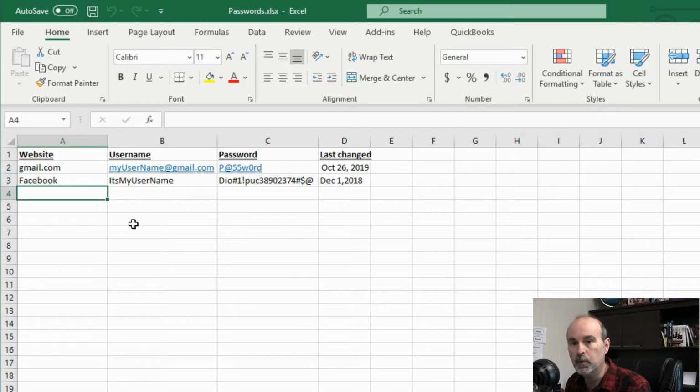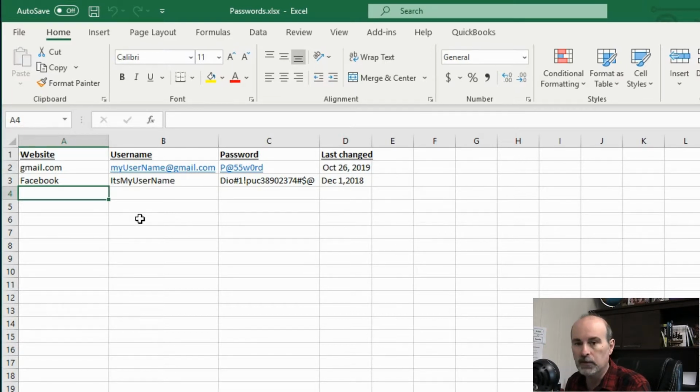And having it in a book written down, you have to read it and type it in each time. There are programs online that you can have your password saved online. I personally don't like that. If anyone hacked into one of those RoboForms or whatever, if they got into that account, they would have access to all your passwords for all your websites, no matter how complicated it is.